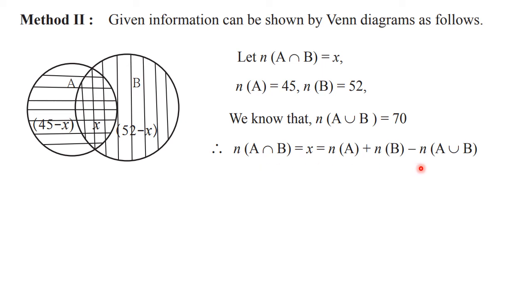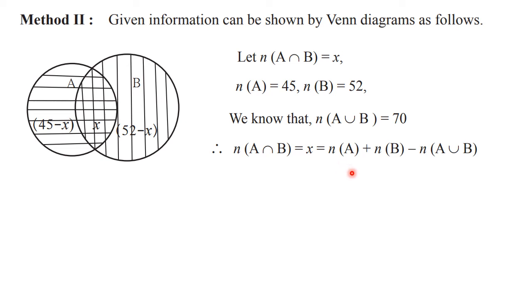We should not use the formula because, as I told you in the beginning, either we can use the formula or directly we can use the Venn diagram. But since they have given it, I am discussing it. They have told that n of A union B is 70. That means this complete part is 70, the addition of these three numbers, 45 minus X plus X and 52 minus X, total is 70. So the formula is again written here, which should not be written, but still I am discussing it. And then we have to write down the number of elements in those sets.